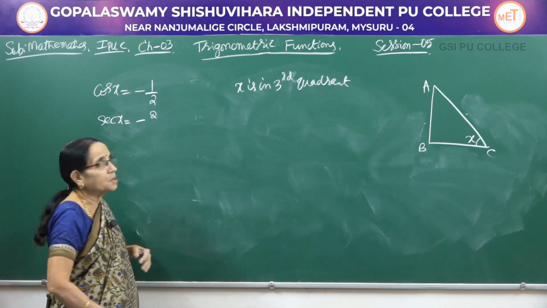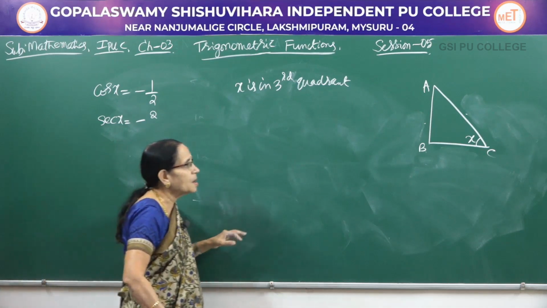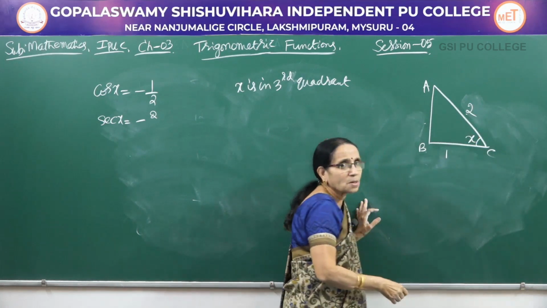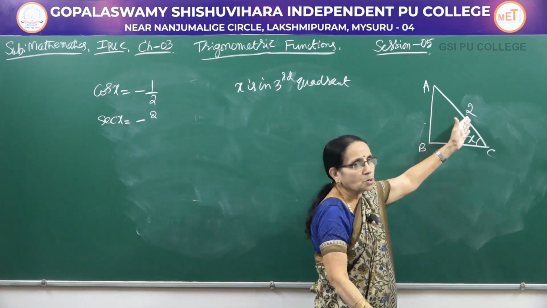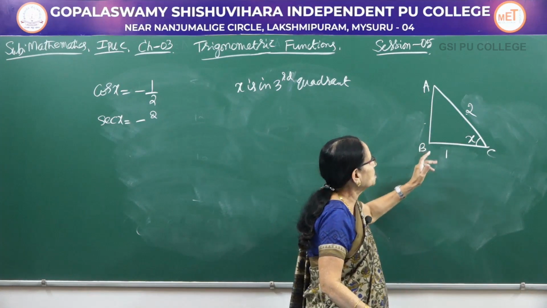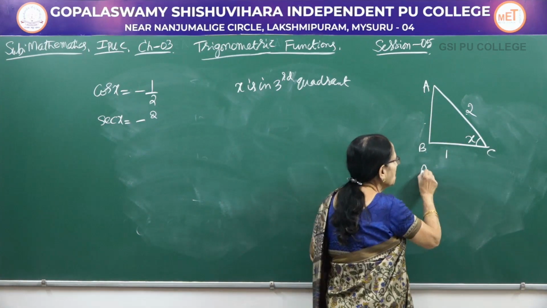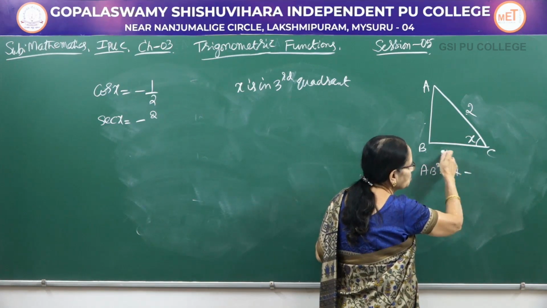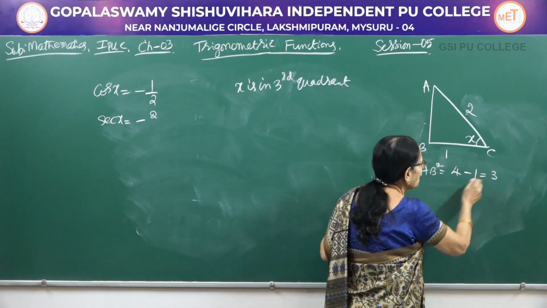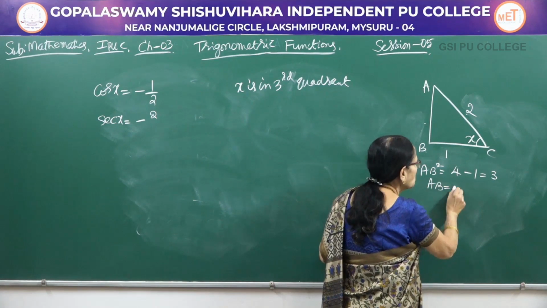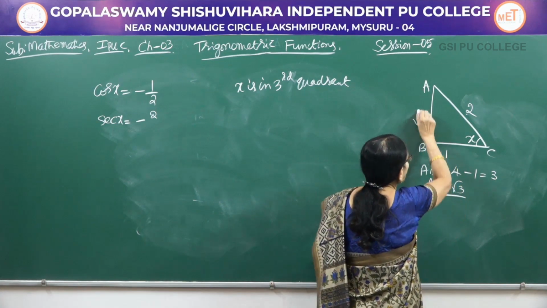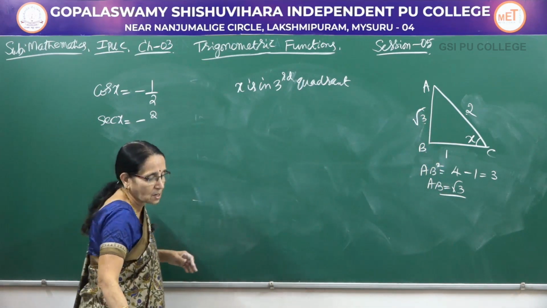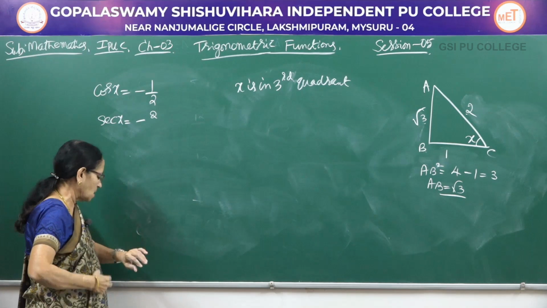How do you define cos here? It is adjacent over the hypotenuse. So, it is 1 and this is 2, isn't it? Adjacent is 1, hypotenuse is 2. How do you get this one? AB square equals square of the hypotenuse minus the square of the adjacent side, that would be 3. Therefore, AB would be equal to square root of 3. So, this is the opposite side of the triangle.